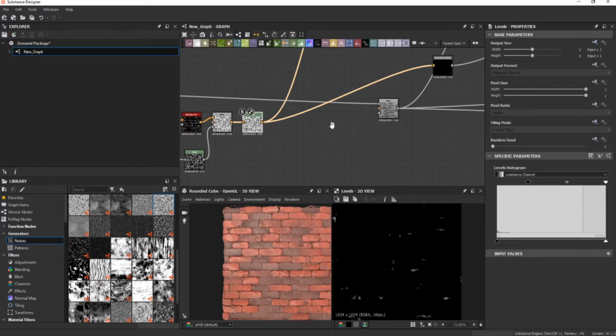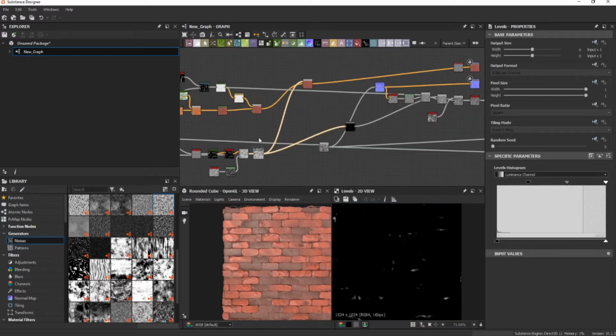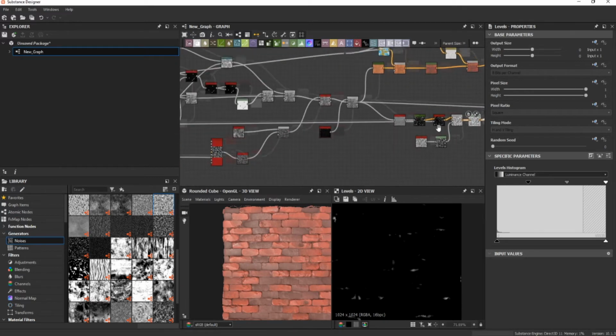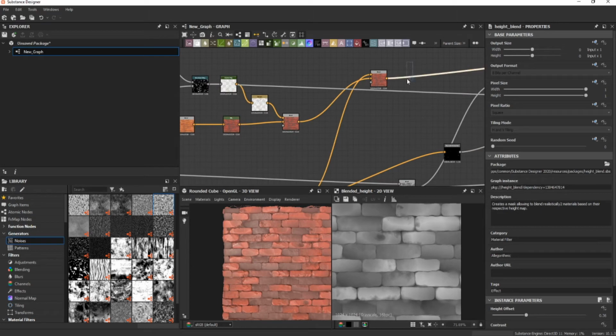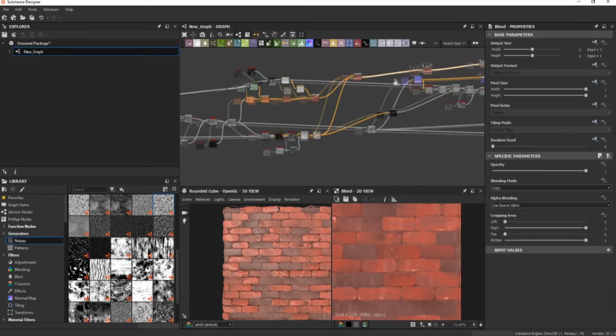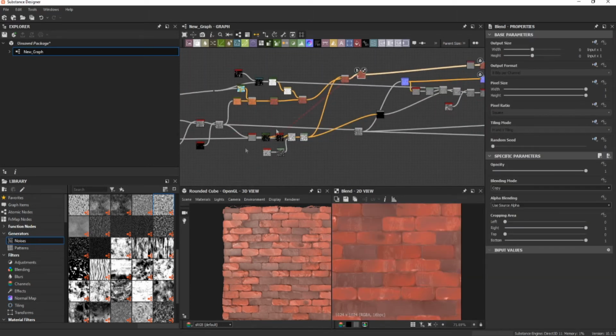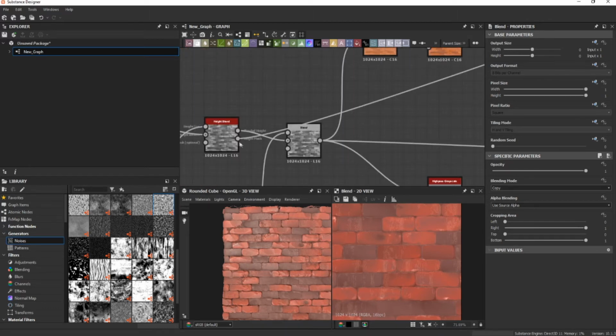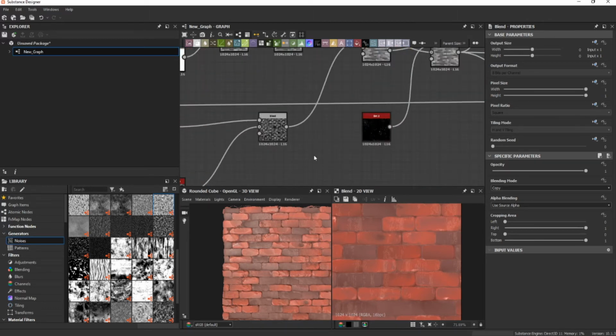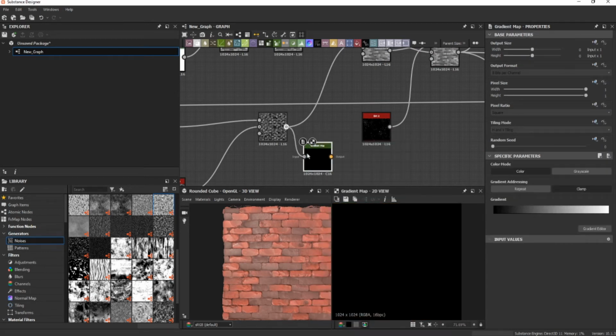Okay, next I will take the blend of this mask. Let me go back here, put this on my opacity, where it is, and with a gradient map,